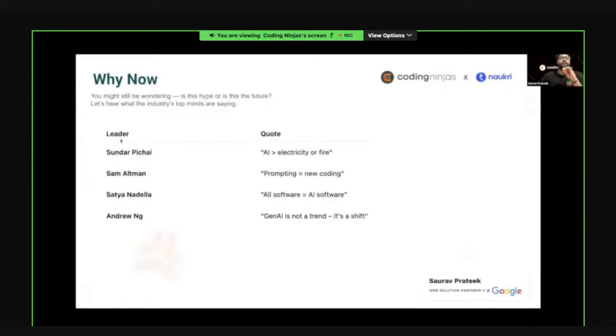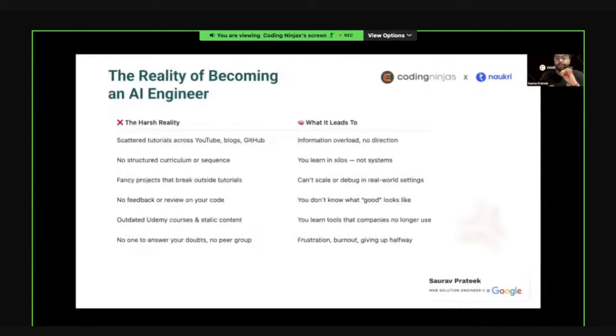I think we have a couple of slides to cover on why now to become a GenAI engineer. So if the CEOs of Google, Microsoft, and OpenAI say this is the next industrial revolution, then the question isn't should you learn GenAI, it's when, and the answer is yesterday. So you should have already started, and if you haven't, you should get started. And let's talk real for a minute. Many of you are inspired, and that's